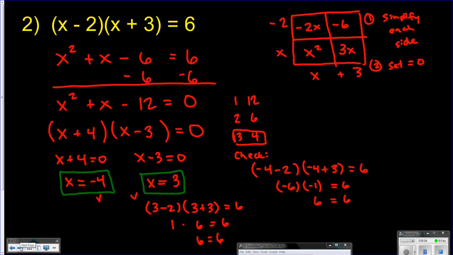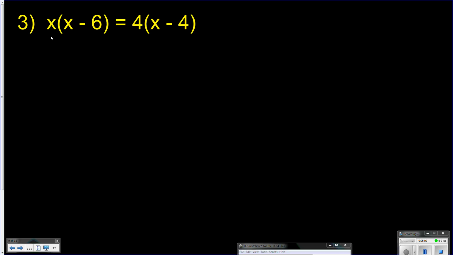Let's go on to number 3. This time we have x times the quantity of x minus 6 equals 4 times the quantity of x minus 4. Let's take it now and let's go ahead and look to simplify each side. With this one, we have a distributive property happening here. So in order to simplify this side, we've got to distribute that x through. So we're going to have here,